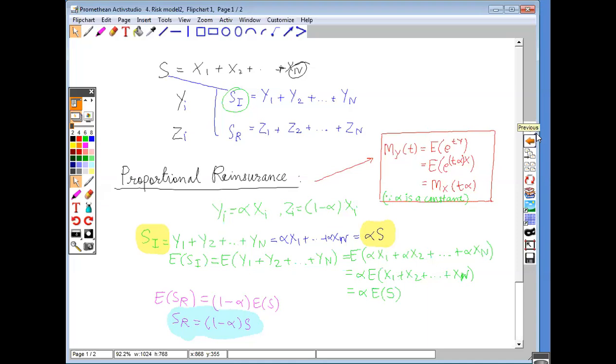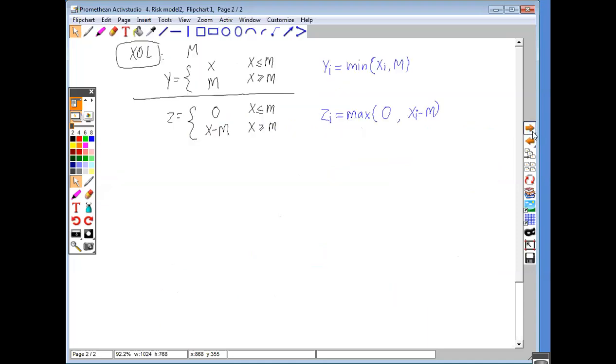The next thing that we looked at was the case wherein we have an excess of loss treaty in place. So let us say we have an excess of loss treaty in place, and these will be the distributions for Y and for Z respectively. Now if I have to figure out my SR, or let's say my SI,